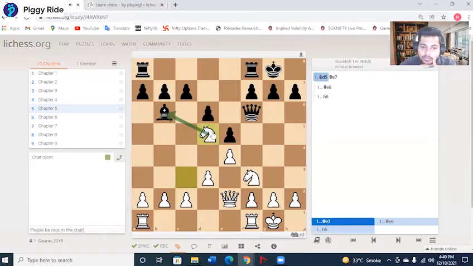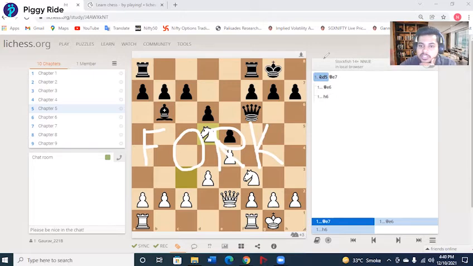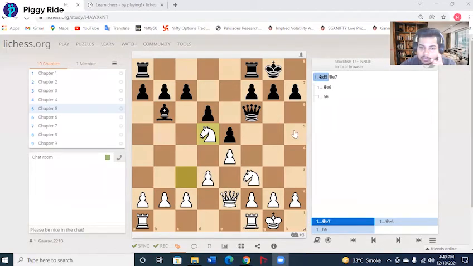Now, this type of move is actually called a fork. F-O-R-K. I'll write it down if you want. Fork meaning you're simultaneously attacking two pieces at the same time, but using only one of your pieces. It's very simple. So you're attacking the knight, the bishop and the queen. Also the pawn actually, but these two are major pieces. Got it? So the correct answer was knight to d5.